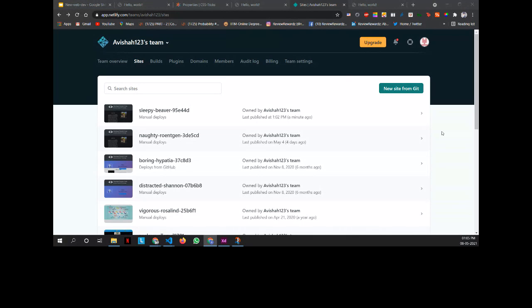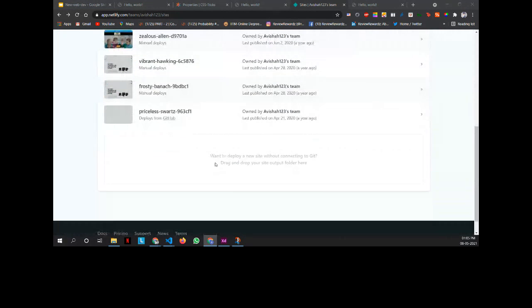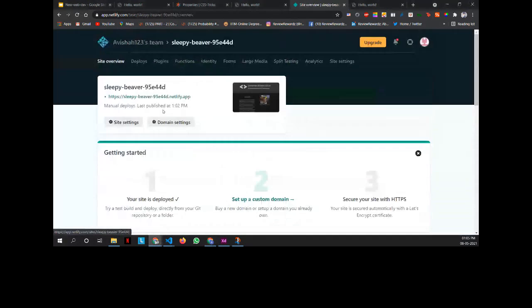Okay, so you just have to drag the folder which has all your files and add it here. It will deploy your site and give you a URL here, something of this sort. So that's how you can deploy your site.